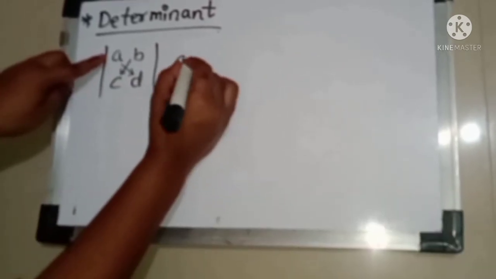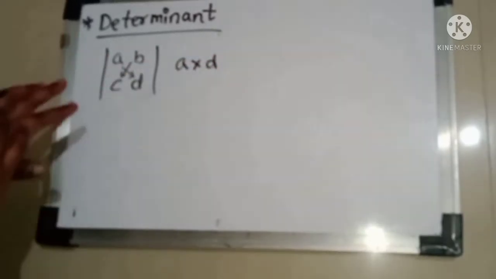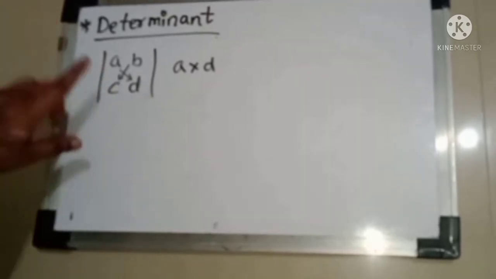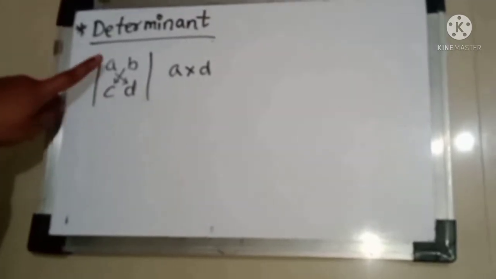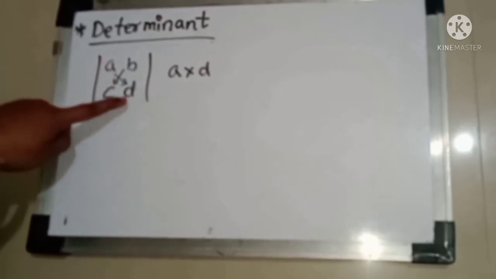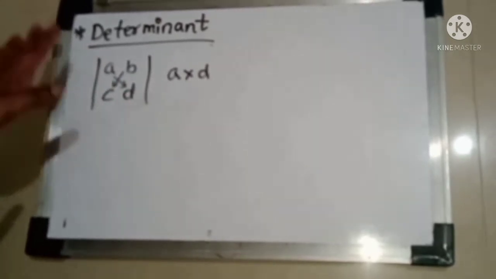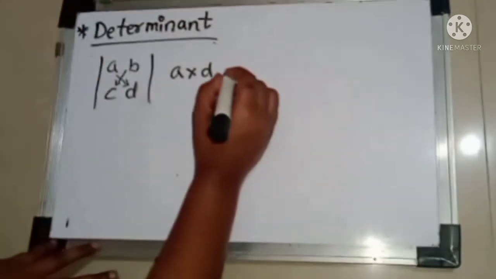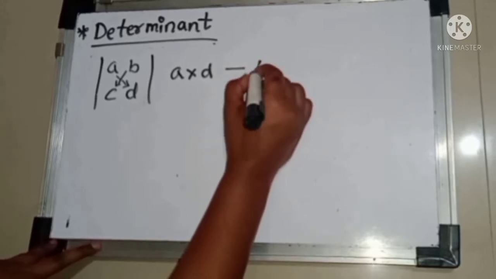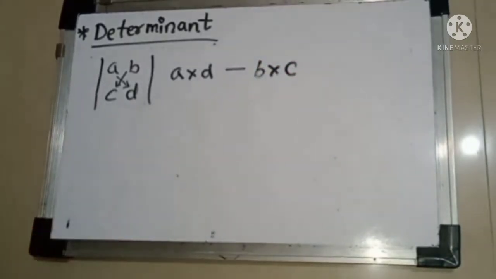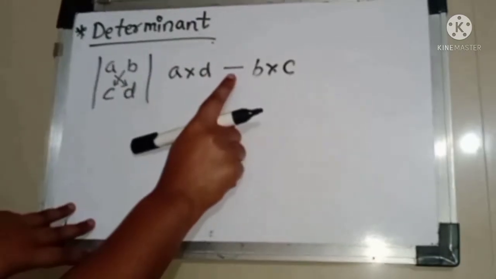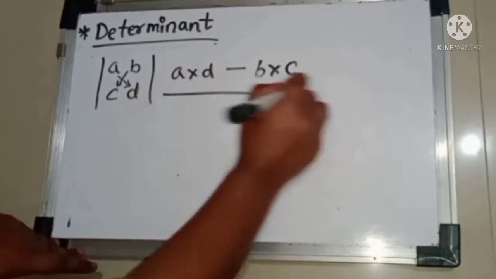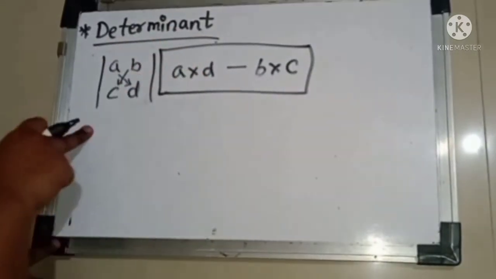So a multiplied by d. Please students remember, some students make a mistake. It is not a big case, but remember, rules are rules. You have to multiply a by d, not d by a. Sometimes you will get confused because of that. And b by c. And most important, while multiplying these, you have to remember that a minus sign should be in between them. This is basically the rule for solving the determinant.